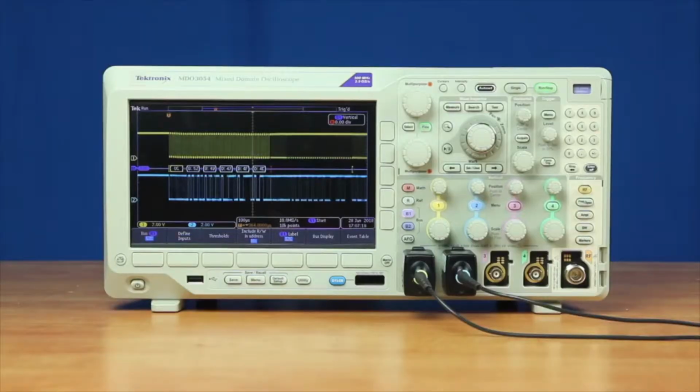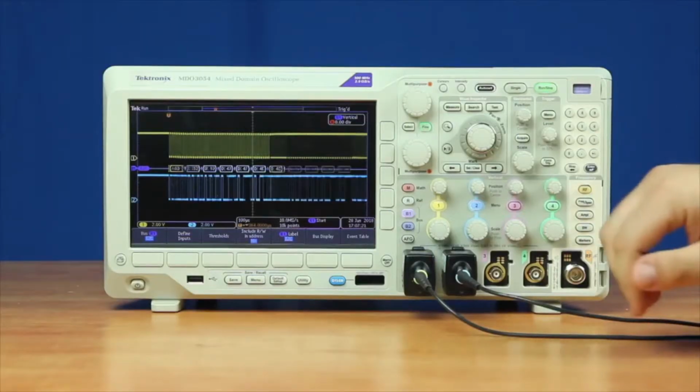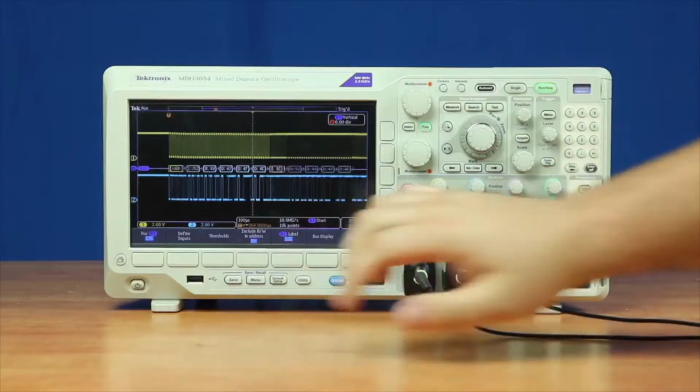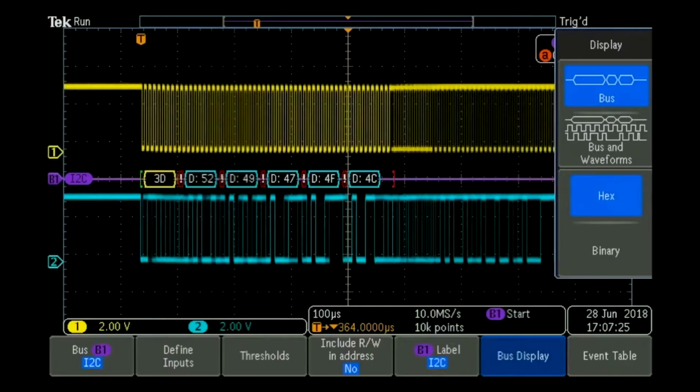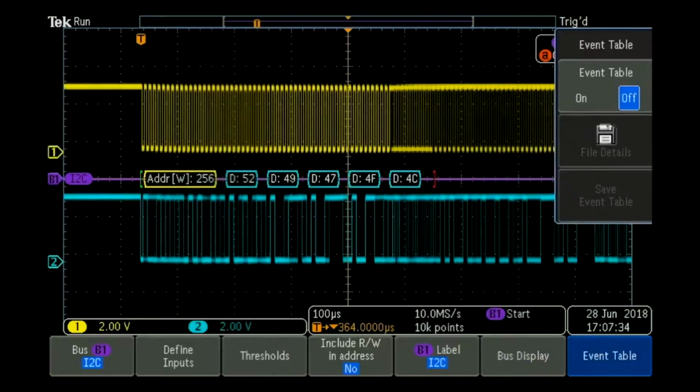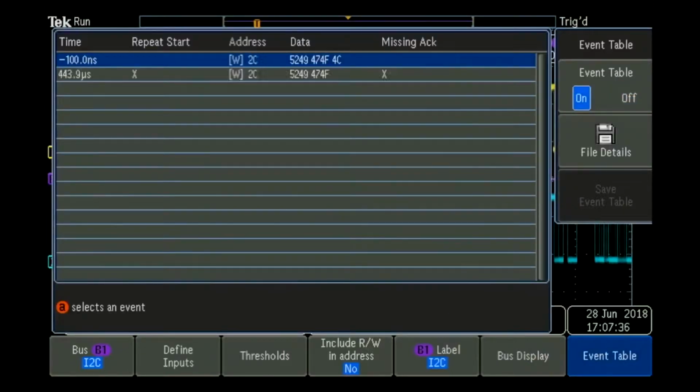The MDO3000 allows the user to select a couple of different modes to view the signal. We can choose between hex or binary, which allows us to view the signal on the screen. The other aspect about this instrument is we can use the event table. And the event table is rather useful when we say